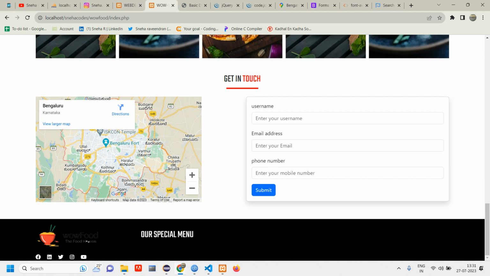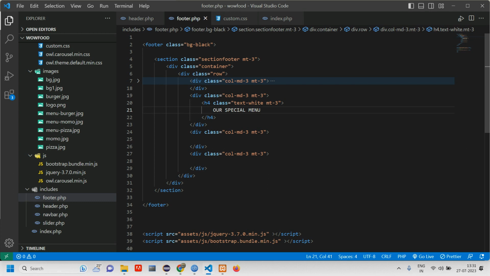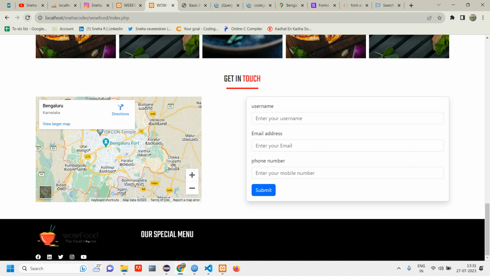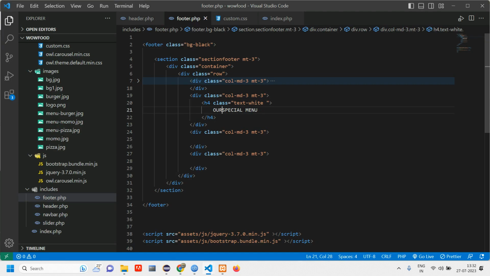Okay, here I think the spacing is the problem. Let us remove this and reload. Now it's fine. Next, let us make this to smaller case. Special